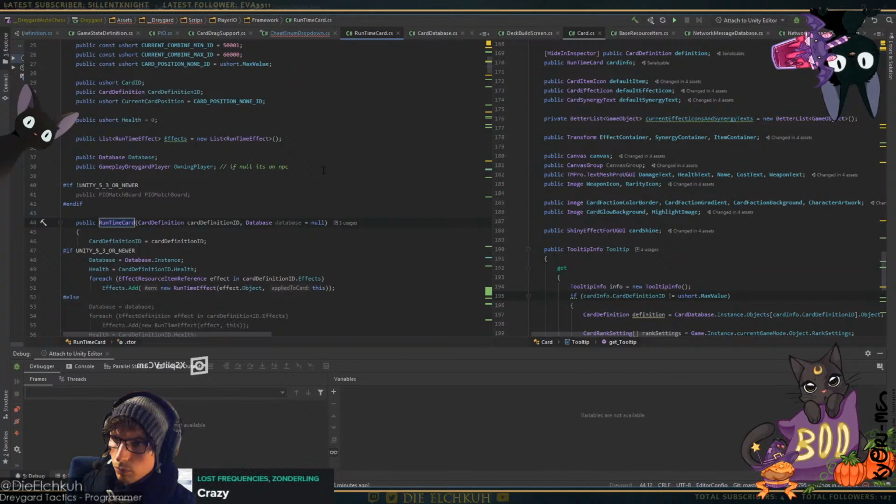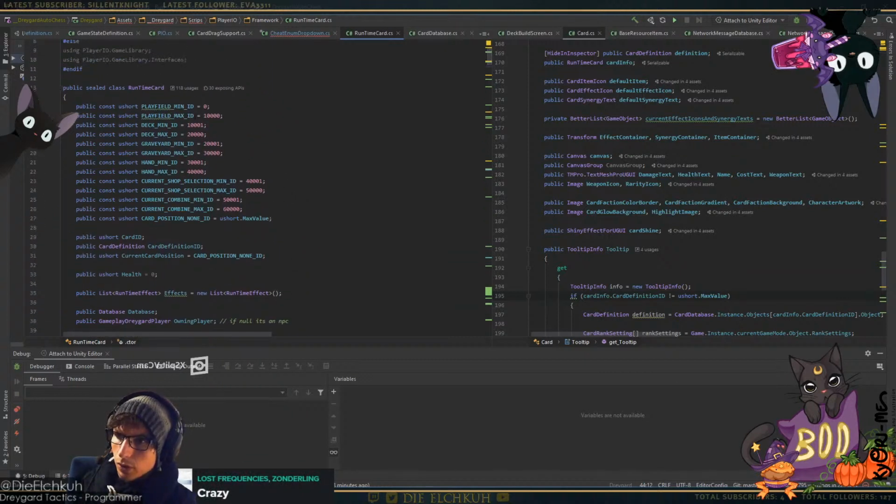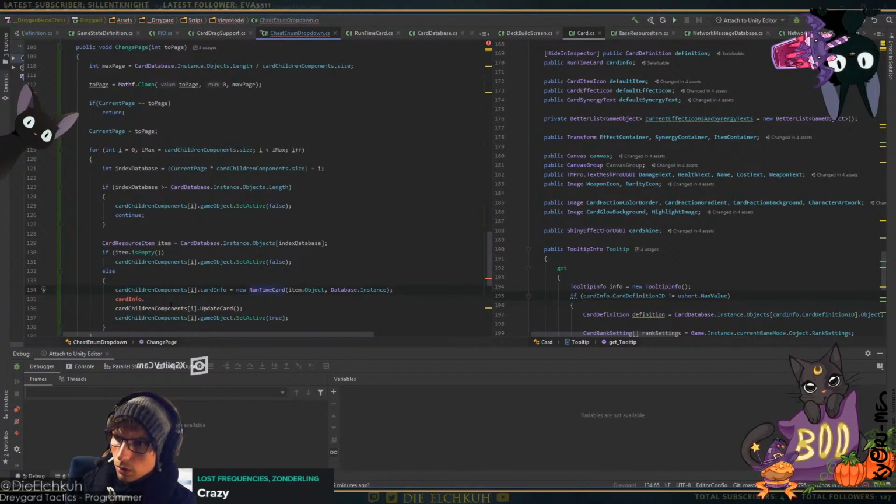So there are also actually the offsets for the flat array up here. Card info, card ID,